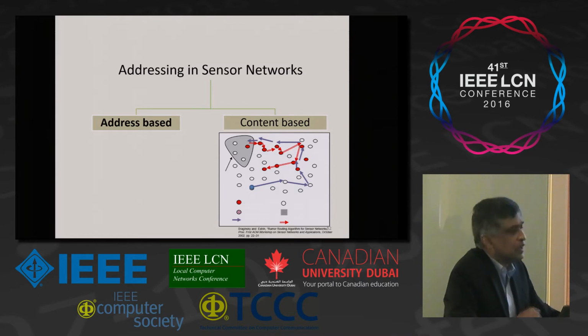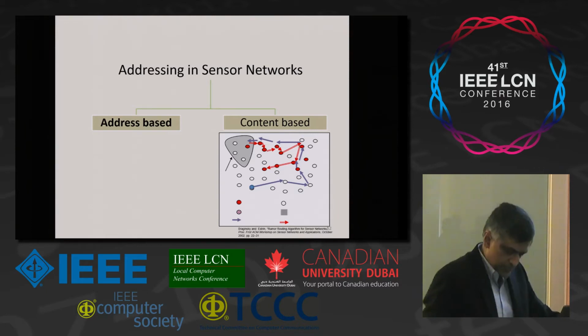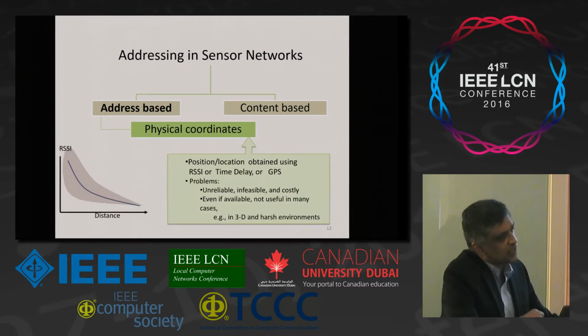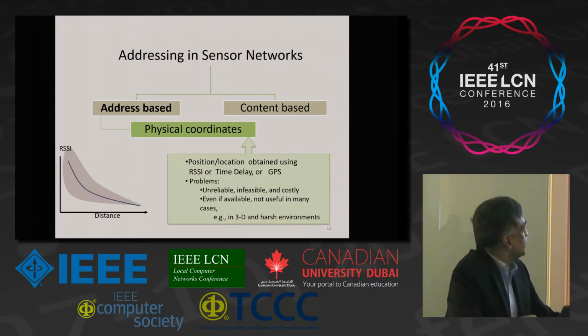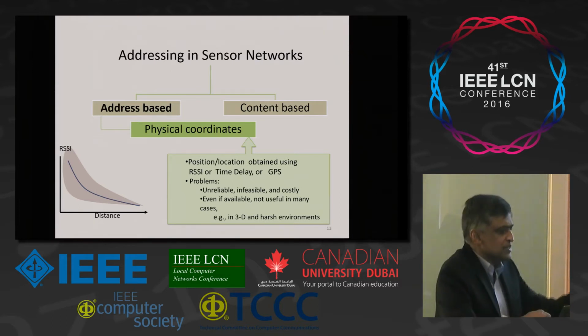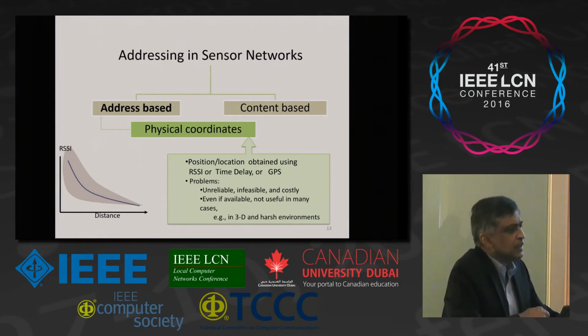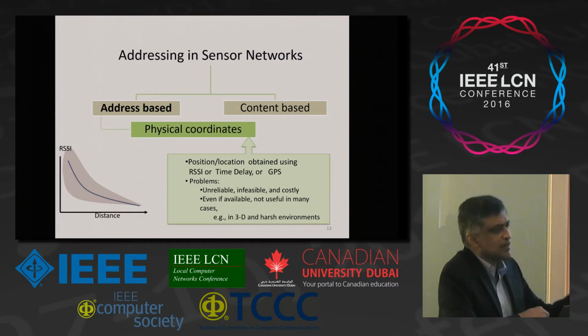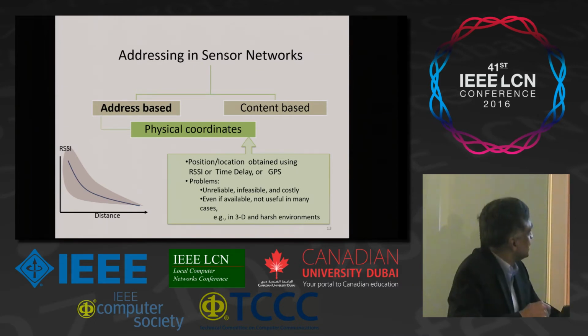On the other hand, much of the effort has been in providing network addresses based on some kind of coordinate system. And a lot of effort has gone into using physical position as the coordinates of a node, right? So how do you identify? You deploy sensors and now the nodes have to self-localize. They will find their position, X, Y, Z, longitude, latitude, elevation, whatever, using techniques like GPS or time delay or RSSI, receive signal strength indicator.